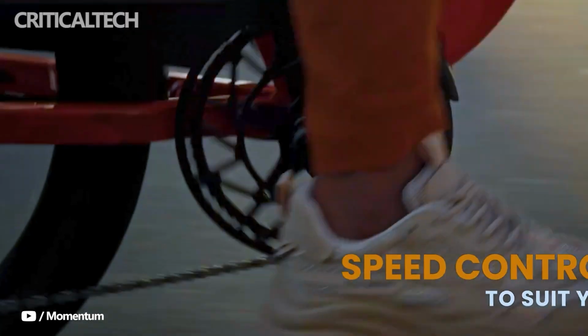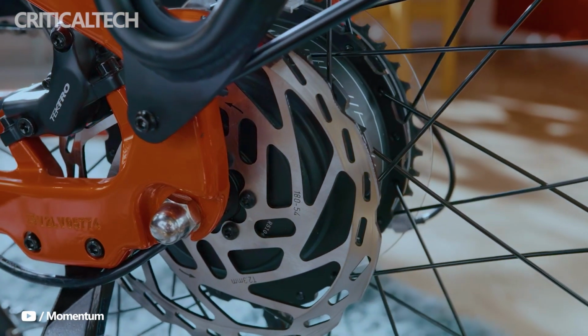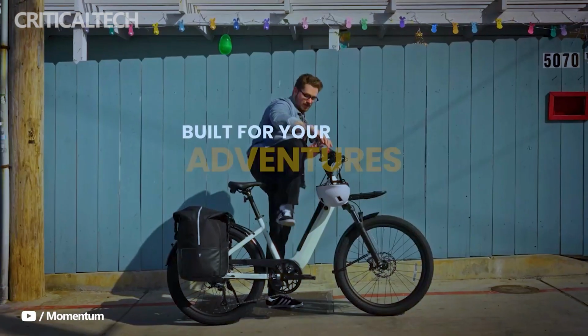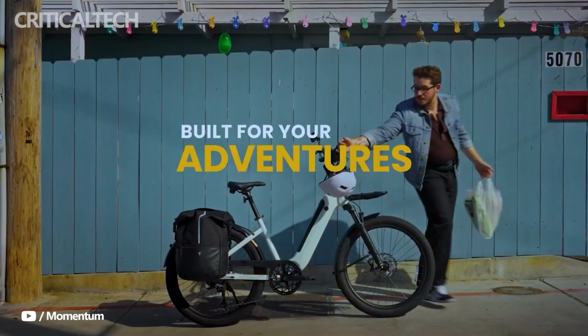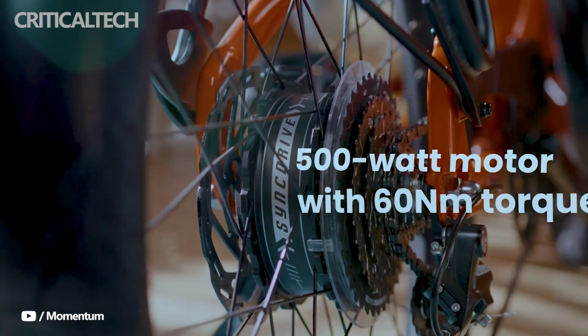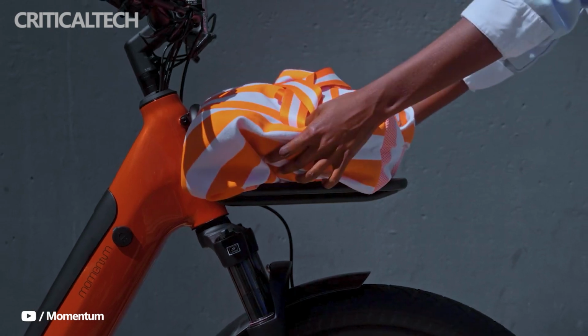Complementing the suspension are 26 by 2.4-inch wide tires that further enhance ride stability and comfort, making it suitable not only for city streets but also for light trails and park paths. Stopping power comes from 4-piston hydraulic disc brakes on both ends, offering precise and consistent braking even under load or in wet conditions. The drivetrain is an 8-speed setup, optimized for a range of riding situations, from slow climbs to